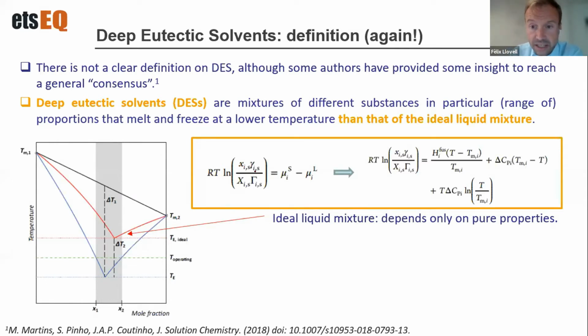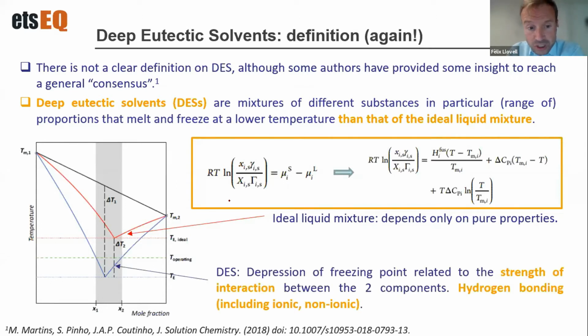At the end, the thermodynamics of the system will give us the solution. Basically, this is the difference between the chemical potential of the solid and the liquid, which depends, as mentioned, on the pure component properties, but this activity coefficient will produce this decrease in the melting point. It is important just to point out this difference in order to avoid confusion when defining a deep eutectic solvent.